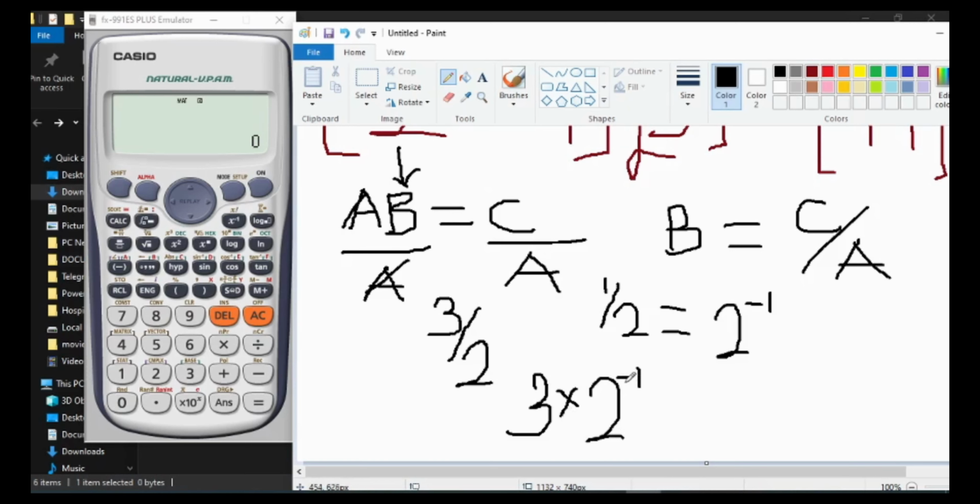The inverse basically just means 1 over something, all right? So if I write 2 inverse, as in exponent negative 1, it is the same as 1 over 2. That's basically the whole idea over here. So if you apply that same rule,